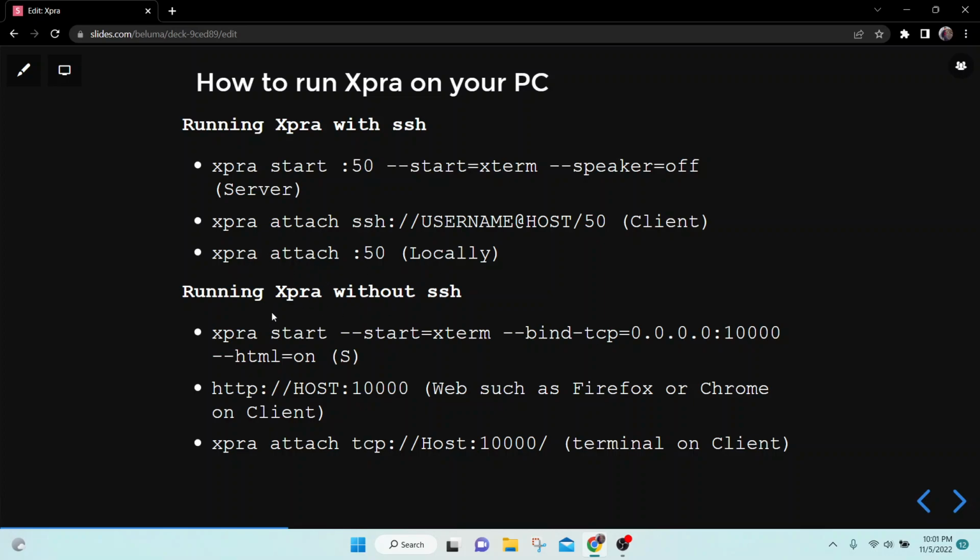Now, running Xpra without SSH. In this case, I'm going to use the web as the example. You have to write this command with bind TCP, 0.0.0.0, which is for any IP, and then the port number. You can also use another number, maybe 1000, 5000 or 10,000. And don't forget to put HTML on. If you don't put this on your command line, you won't be able to use the web on